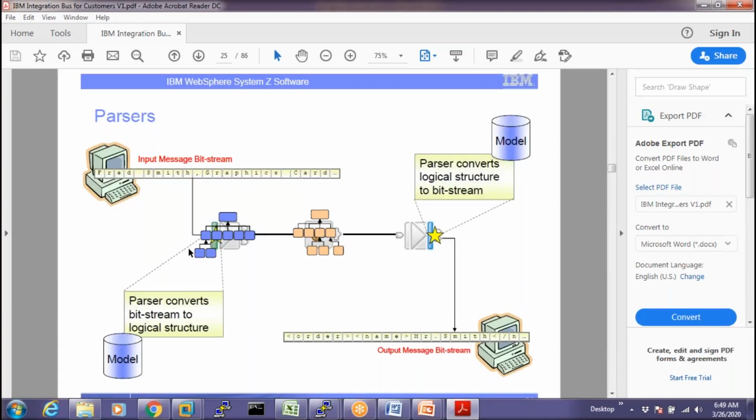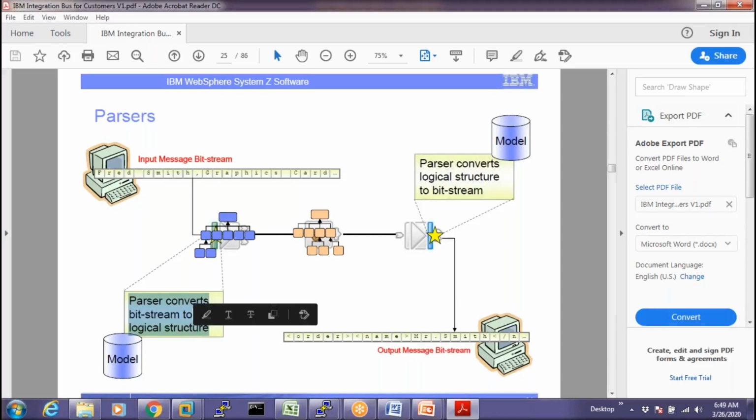What I'm saying is, when the data is in logical structure, I think it occupies more space than when the data is in bit stream. It's not exactly like that; it depends on the situation.